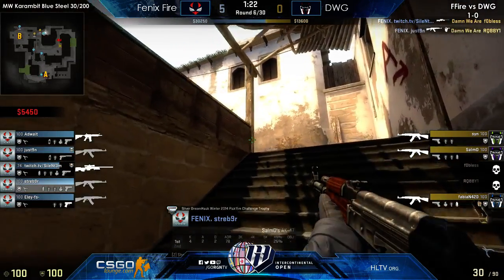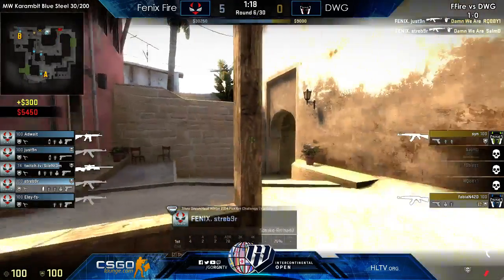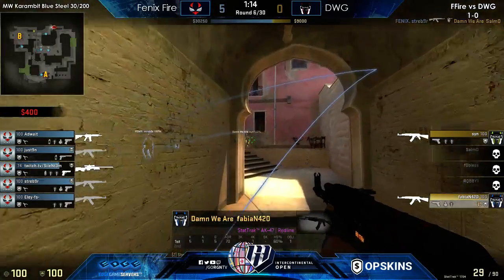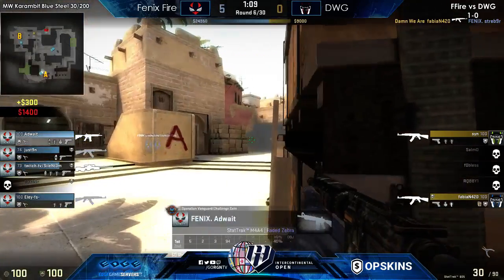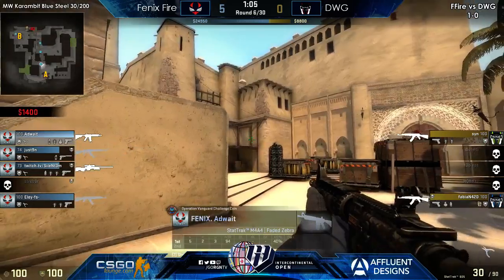Silent picks up the first frag as Justin will get the second. So a great start to this round as things just falling completely apart. Roberts, he's able to move up from underpass, that he gets a freebie, and now a fully blind. Oh, I thought he was going to get Fabian as well. Sin was fully blind, so he couldn't help out and support, but Fabian will be able to get that frag